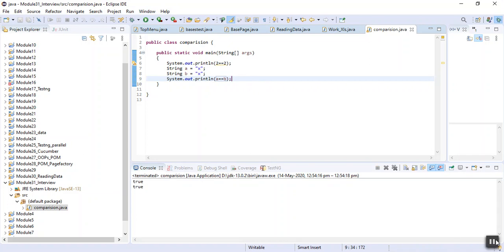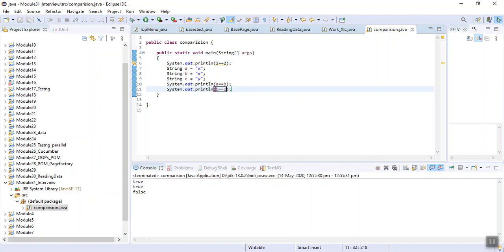Also, I create one more variable, string C equal to y. If I do SYSO A is equal to B and SYSO B exact to C, let's run it.